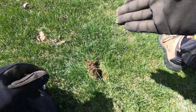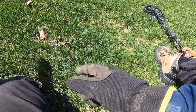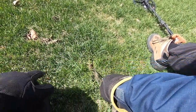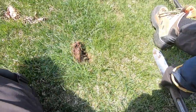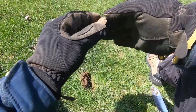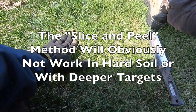Cool. All right, I found my third quarter here close to the surface, and again I pinpointed the location of this. Pretty certain where it is. It is underground, it's not directly on the surface. What I've done again is I've sliced an incision to the right of that signal. I also went in underneath this such that I could pull the sod back, okay, and hopefully expose the coin, which in this case is a state quarter, a modern state quarter,